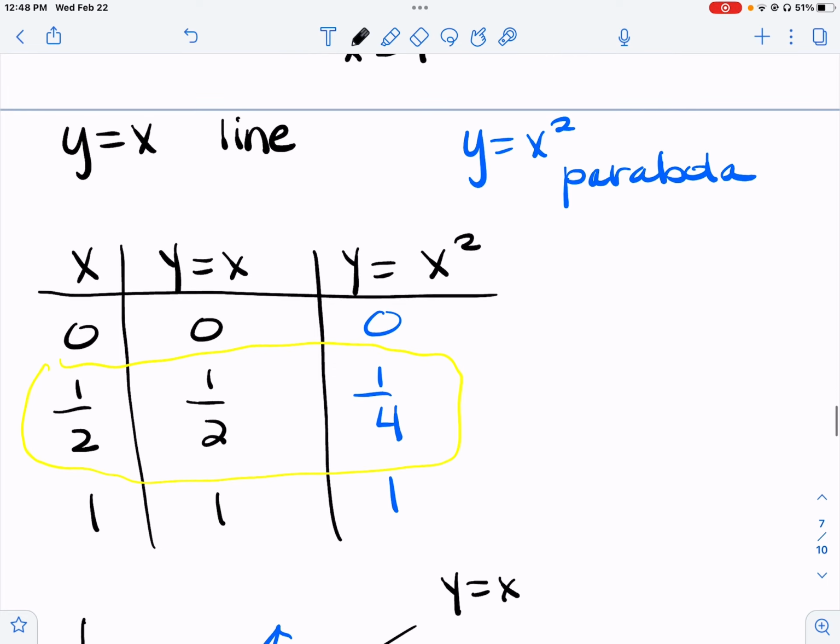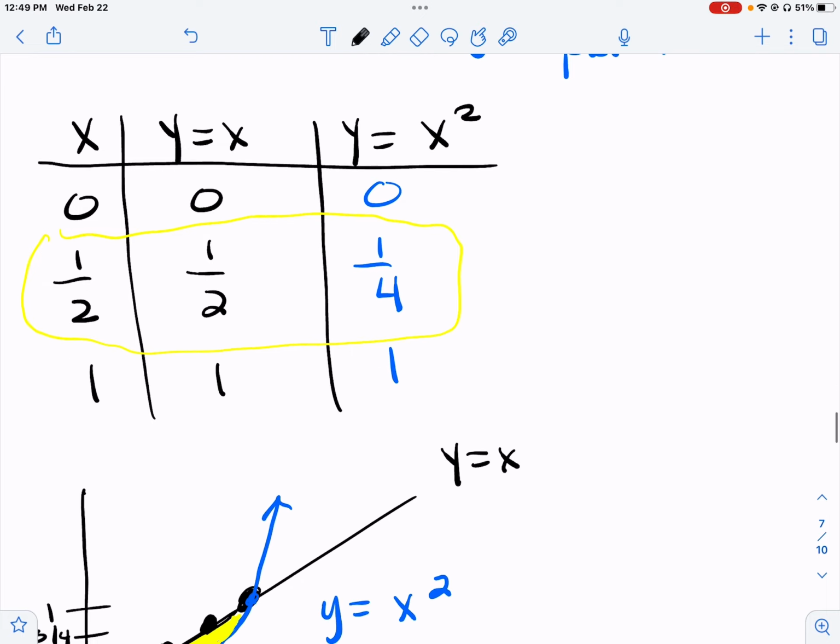Okay. I'll make a table. Now, they cross when x is 0 and 1. So I need to find out what they're doing in between 0 and 1, which would be 1/2. So plug in 1/2. If x is 1/2, y is 1/2 for the line. For y equals x squared, the parabola, 1/2 times 1/2 is 1/4. Okay, so when we graph it,